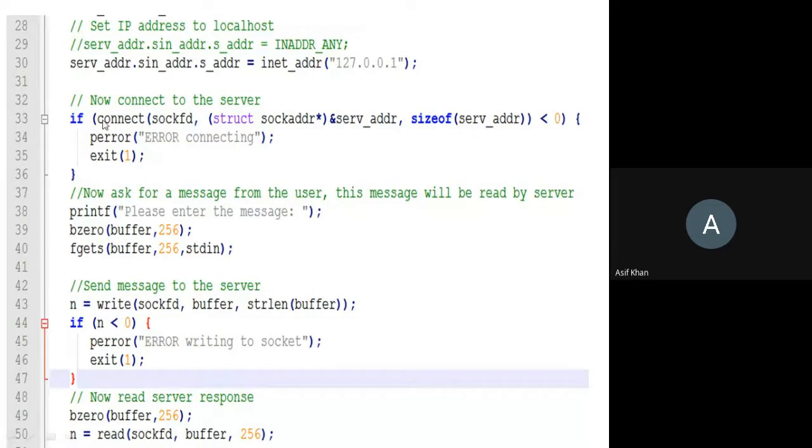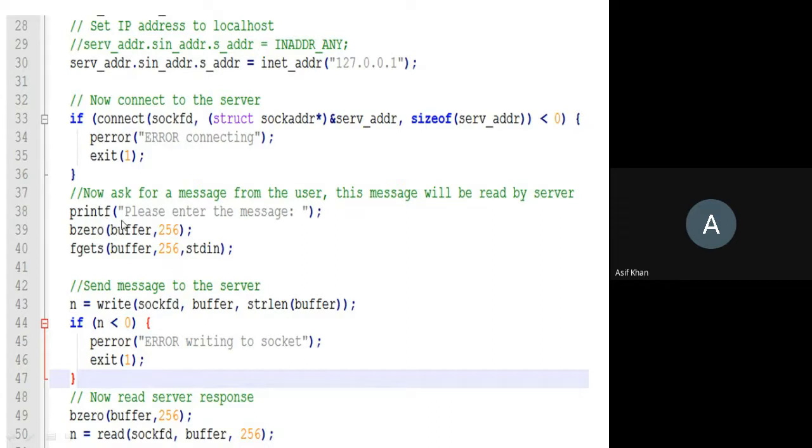And then now the connect function is used. And again we are passing this argument sockfd, the endpoint you have to pass. Then the server address, you have to pass here, right? And then the length of the server address also you have to pass. And then you check whether it is less than 0 or not. Then this message is printed if there is some error.